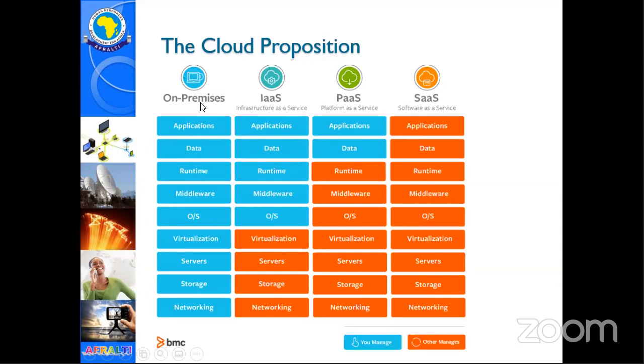In what way? Companies that already have investments in on-premise systems will still find it advantageous to move systems like Microsoft Office to the cloud. So everything else that the company uses in terms of their internal operations and databases is available on their on-prem, but users who are using Office are using it on the cloud. So that's an example of how these can be combined. And the combination is really dependent on what that business's needs are.